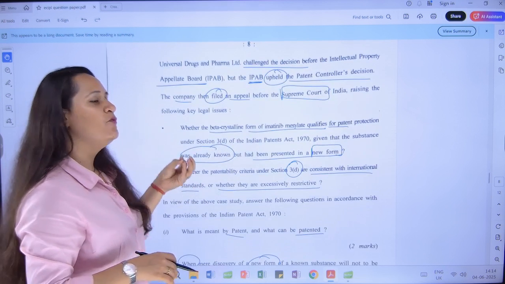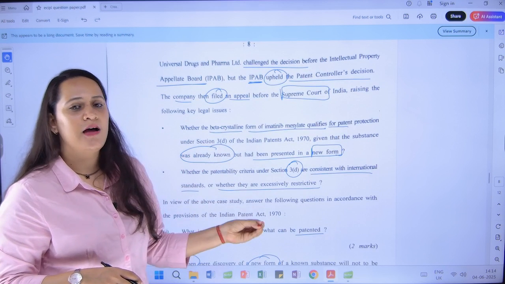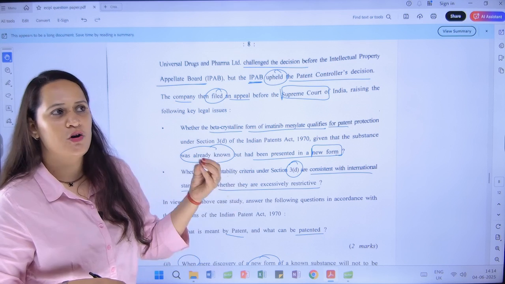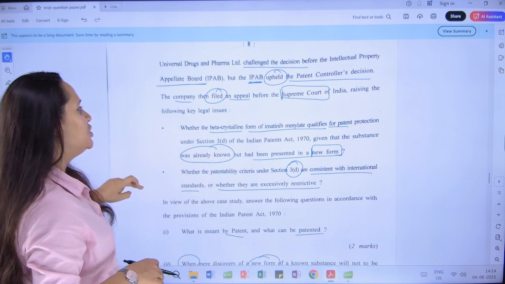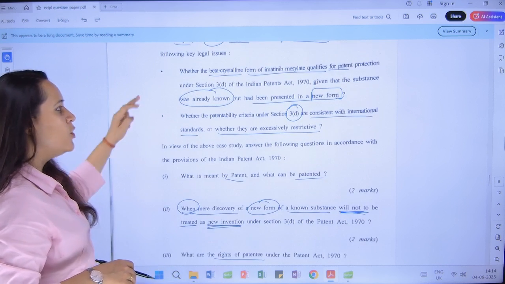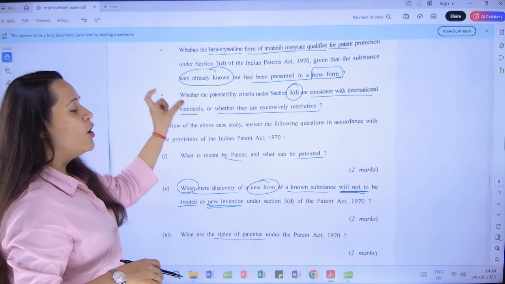The decision was challenged before the appellate board. Even the appellate board rejected the application, saying that it is not new, so we are not going to give you any kind of registration. They have preferred an appeal before the Supreme Court, and they are asking two questions: already known